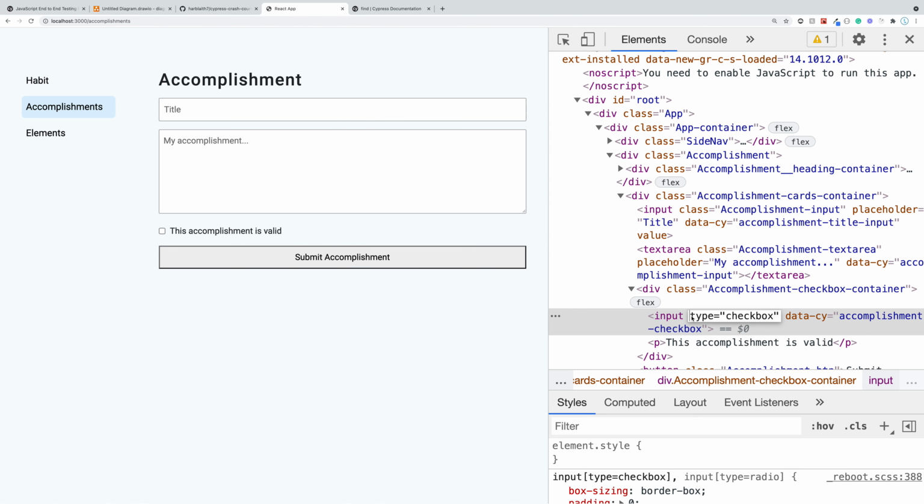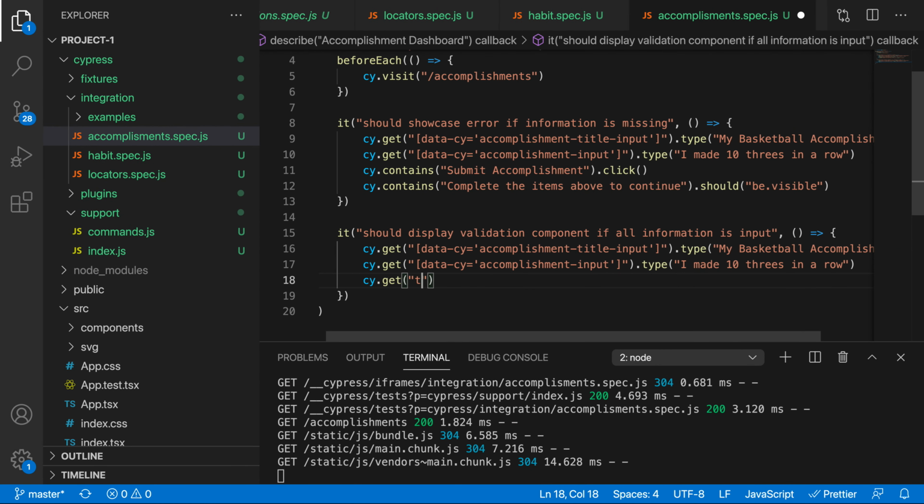Now later on, if we have multiple checkboxes, we're probably not going to want to locate elements in this way, but just to learn, we can do it this way. So we can say type checkbox, and then we want to click on this, and then all we have to do at this point is do